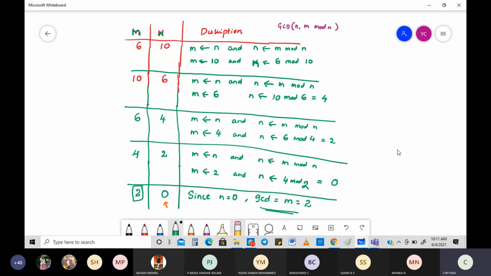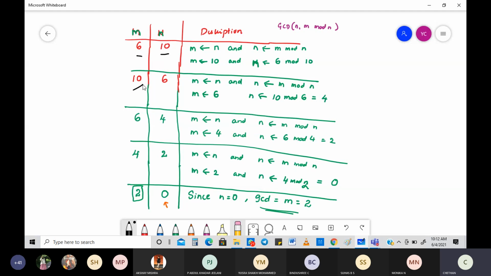But why did we come here? We came here to figure out how a value can be got by decreasing and decreasing variably. How do you know that? What was the value here? It was 6 and 10. In the next step, it became 10 and 6. In the next step, it became 6 and 4. In the next step, it becomes 4 and 2.